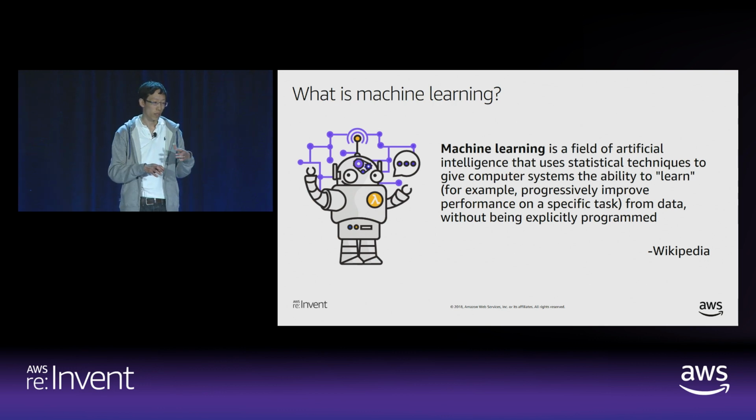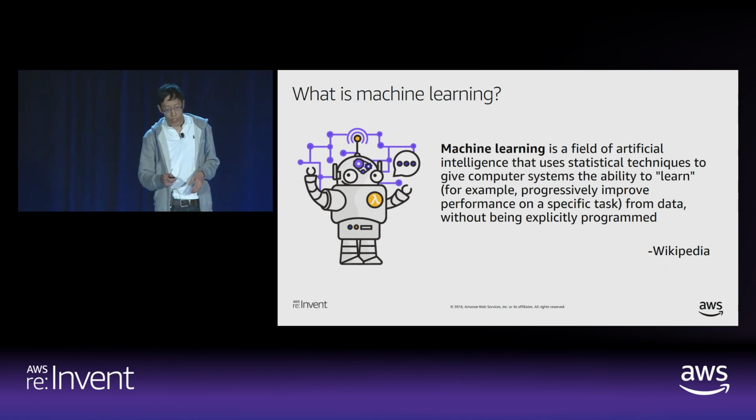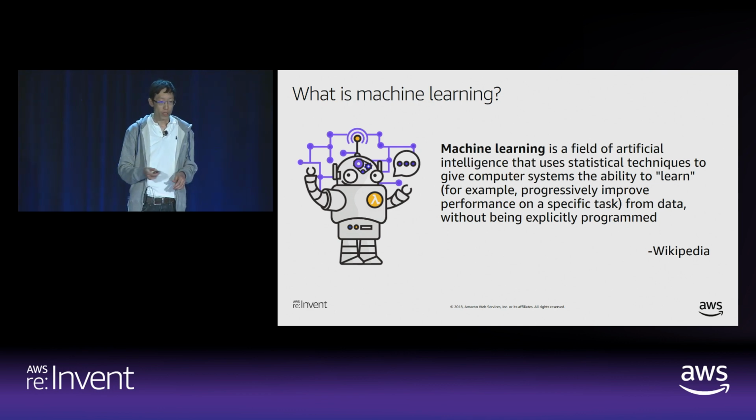So this is it's going to learn about you. You put the data and it's going to get the rules from your data. Okay. So the machine learning services on AWS,